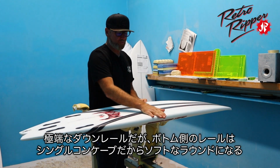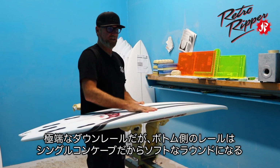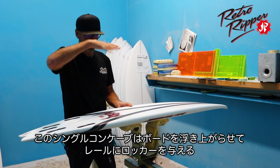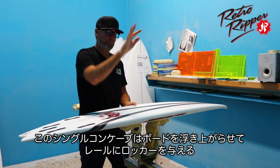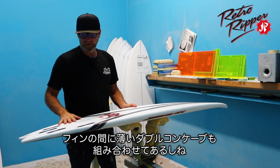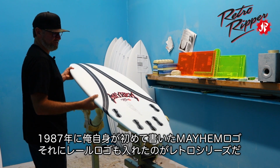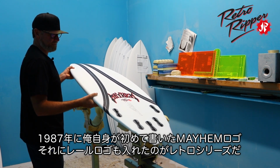And although it's a down rail, it's still turned soft under because it's got a single concave through the middle, unlike the early 80s boards. The single concave gives lift. It also gives plenty of curve to the rail rocker so the board can be surfed, you know, in the pocket, up and down the wave, not just gliding horizontally. Slight double concave through the fins, and the entire package is finished off with this classic 1987 MAYHEM